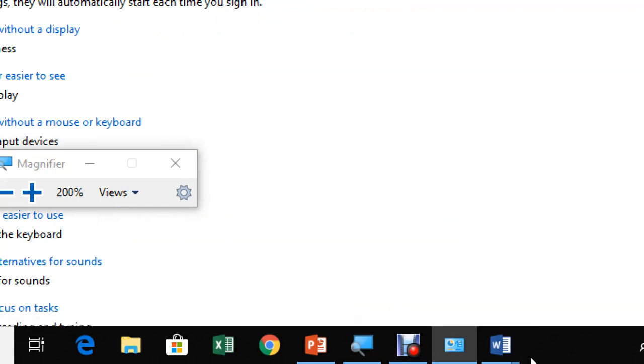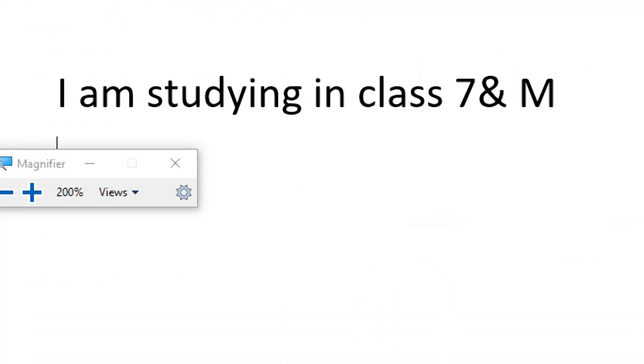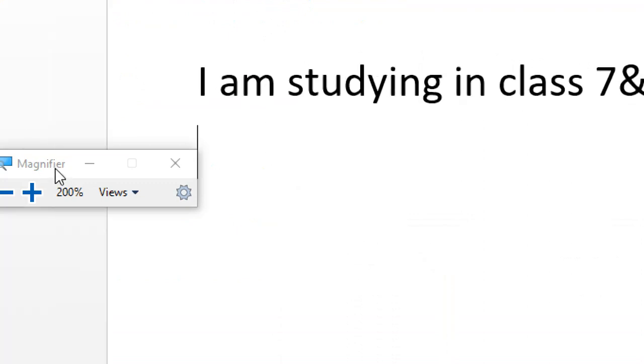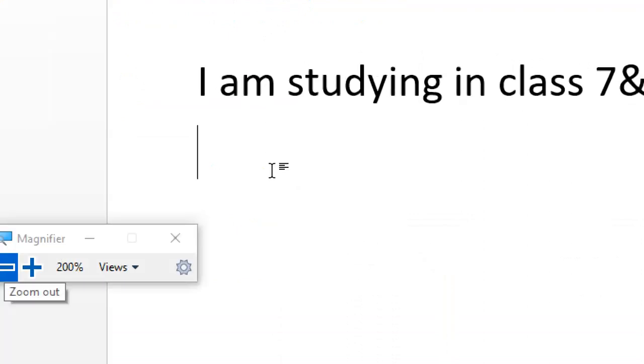Always scan this section. Now go to Microsoft Word and press enter. First press the Shift key and leave. No need to press and hold it. Just press the Shift key and leave and then press M. Look at this. It comes capital. Press the Shift key and leave it and then A.